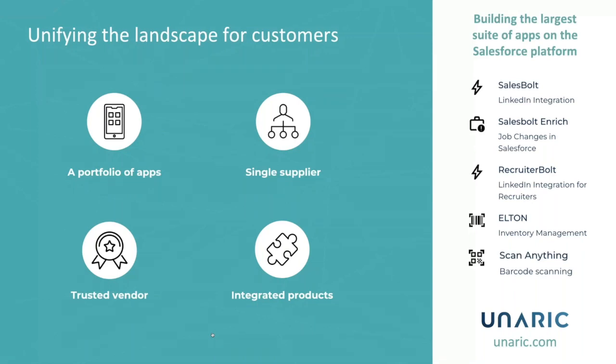So in a nutshell, Unaric is bringing a simple portfolio of applications to choose from, integrated products, so you don't need to figure out how to connect the applications together. We can do that for you, letting you deal with a single trusted supplier, innovating and listening to customer feedback and building future applications with your feedback, and making it easier to add new applications as you need to do more things. So streamlined buying, billing process, and infosec process, and then aligning those applications to certain use cases and industries to give you an idea of how they should be used together. So yeah, please take a look at our website, unaric.com, to see a list of other applications that we've got in the portfolio, and there's lots more coming soon.